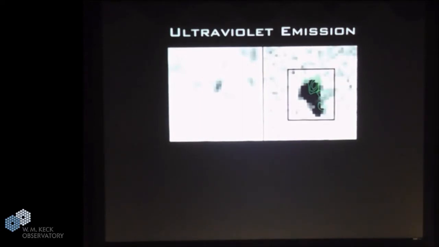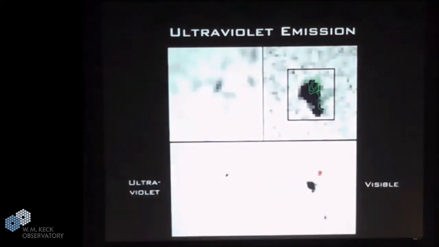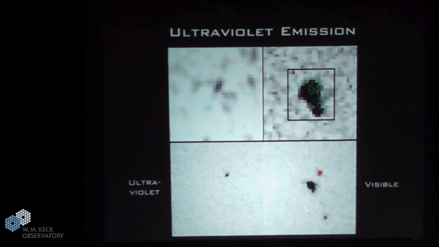So this is that previous image that we got a glimpse of this new emission from Keck. Now we're going to zoom in on this part because we have better resolution. And this is what we see with Hubble here. This is the visible light image. It's actually not one galaxy. It's 2. And in the ultraviolet, it's all coming from this smaller, fainter galaxy, which is very interesting